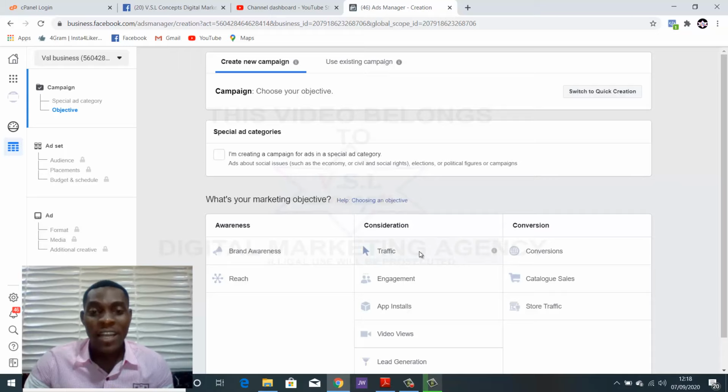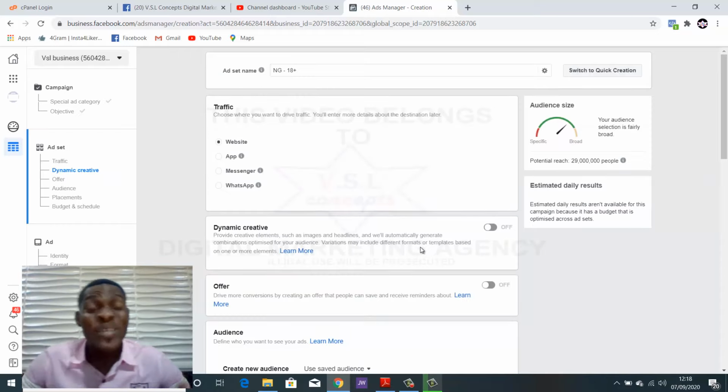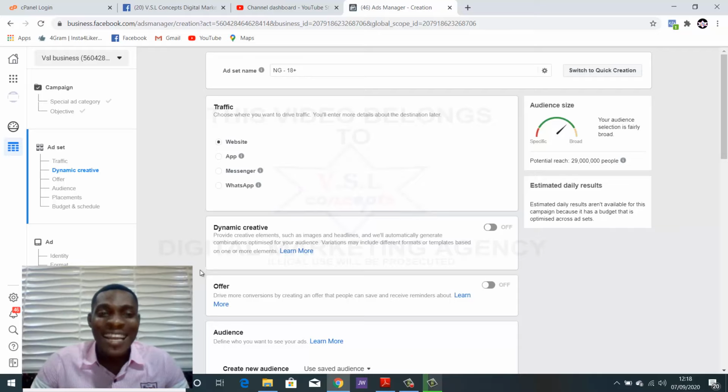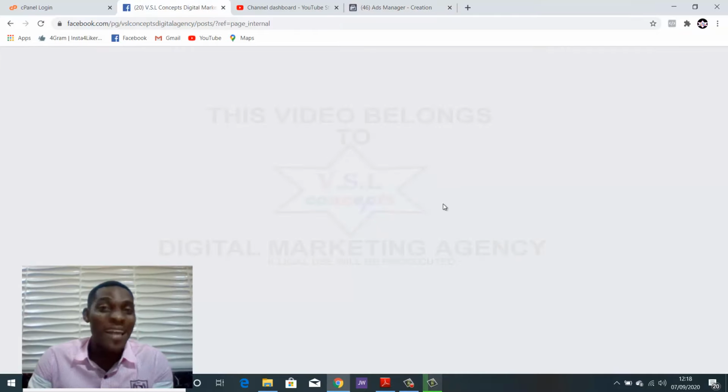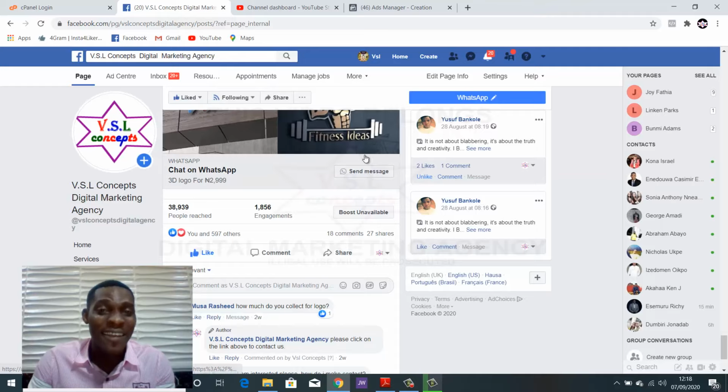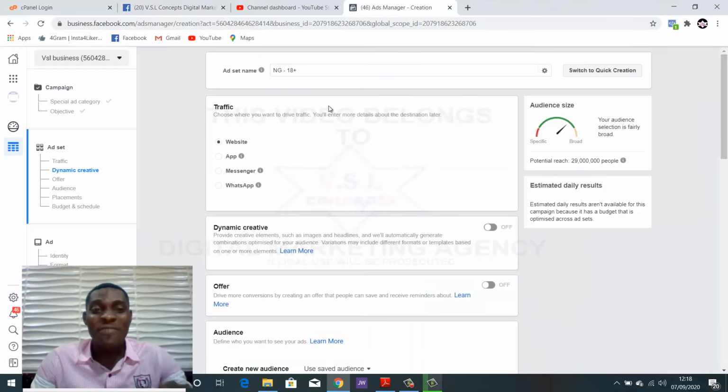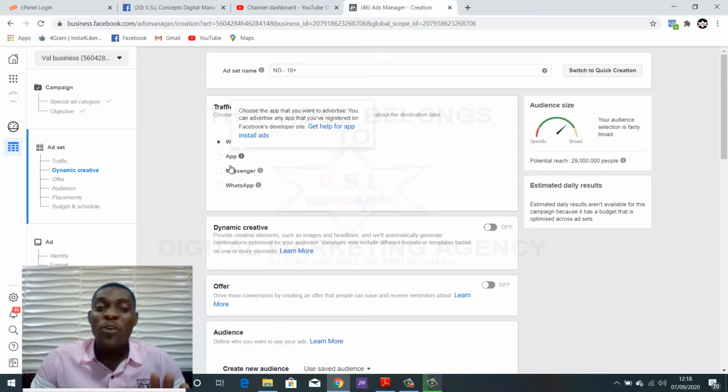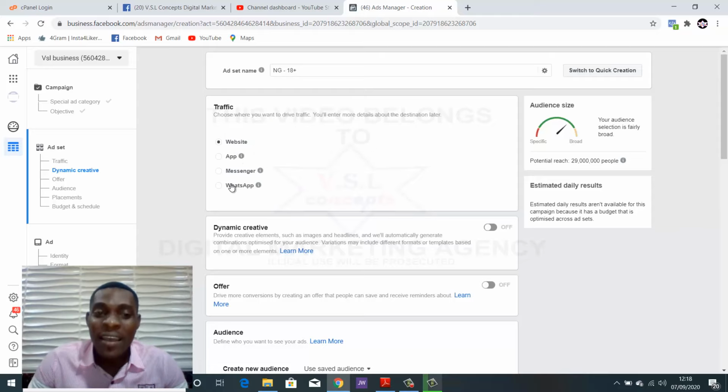If you come over and click on traffic, remember what we did the last time: we clicked that the traffic should go to WhatsApp here. That was what we did when we were setting up the first ad, in order for it to carry that WhatsApp button on the post here. Now, if you want to run traffic for this ad, your normal traffic ad, if you click on WhatsApp here,